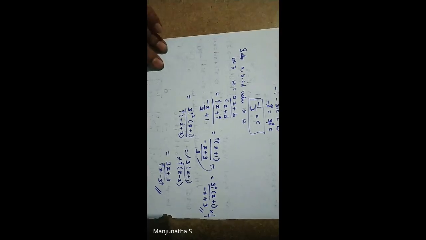So those who have any doubts, you can ask me in this particular problem. So this is about a bilinear transformation problem. See, the first thing is we need to find the a, b, c, d values. We find them, and then we substitute them in the w formula. After that is our final answer. So finding the a, b, c, d values is important. Like we applied the cross multiplication method, no, like that.